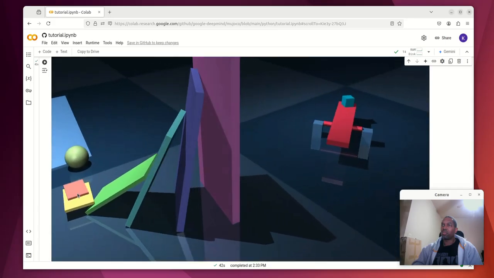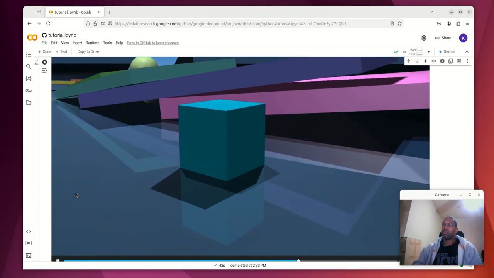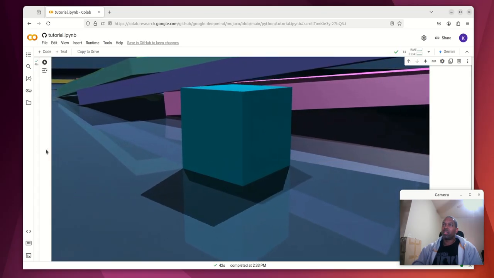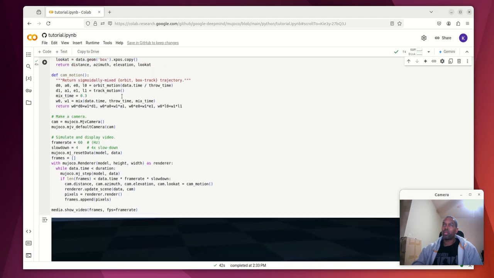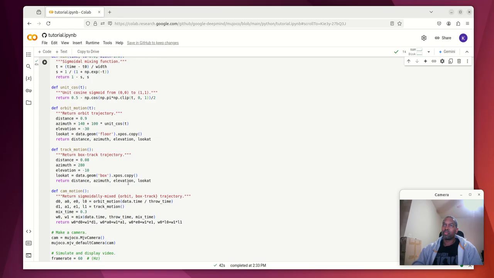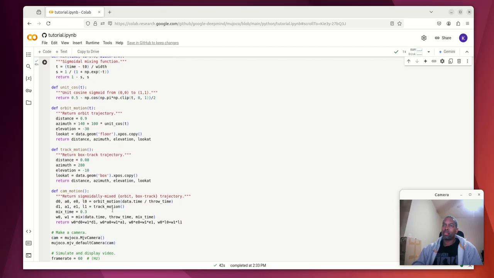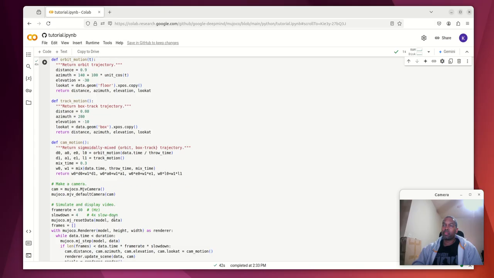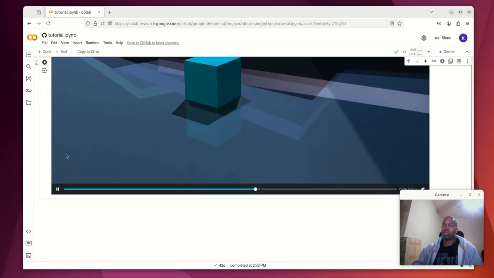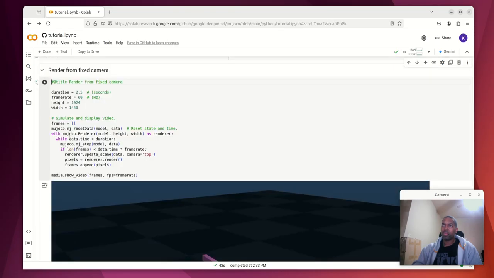Oh, cool. Yeah. Oh, amazing. I think the coolest part about that was the camera following the action. Track motion, here it is. Yeah, I mean that's really cool especially if you're rendering full-fledged scenes. And now I can just do that in code. I don't have to worry about